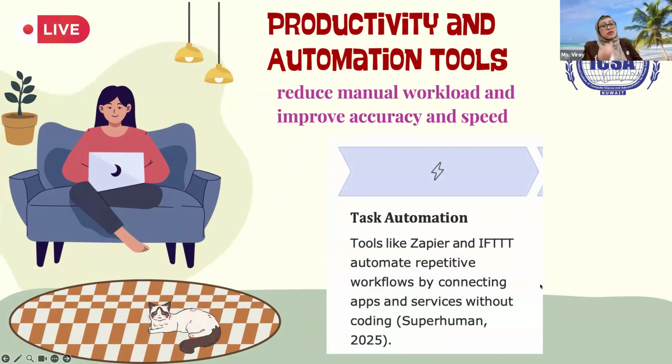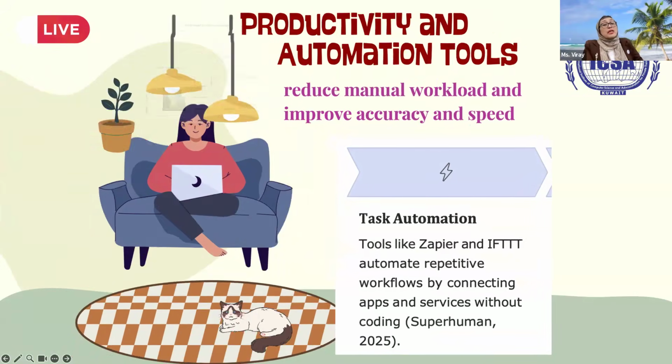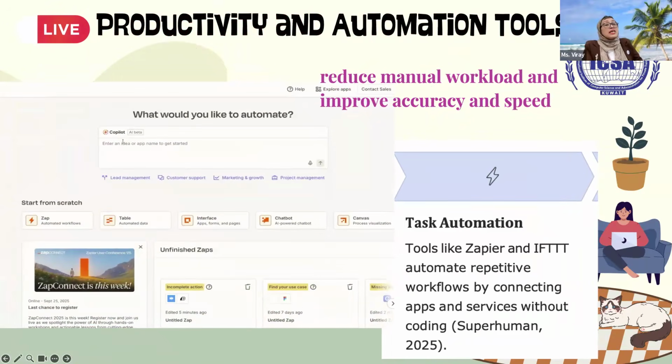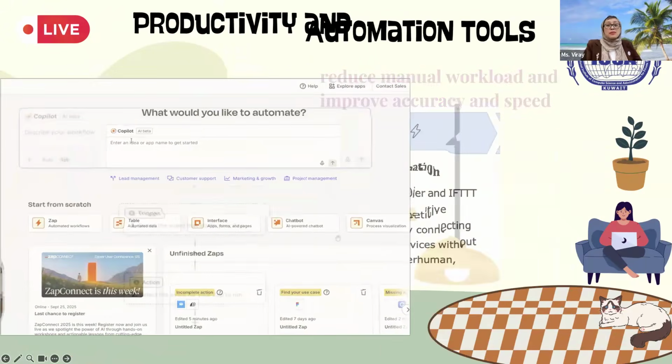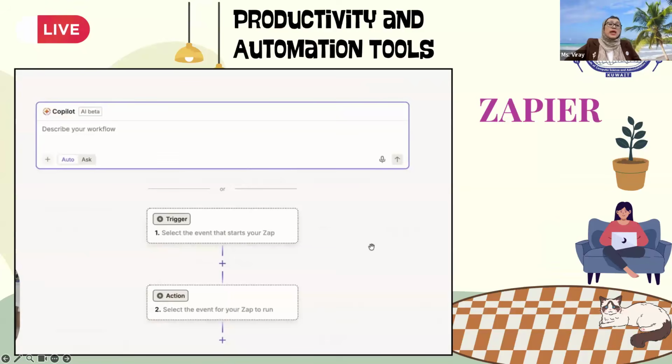Examples of this are Zapier and IFTTT. Okay? So we use them by giving a workflow design to the AI or to the system and telling the system or the AI what to do. That's what you basically do in automation. Okay, so how does it happen? For example, Zapier is an automation tool designed for businesses so that the owner will not have to do everything at once.